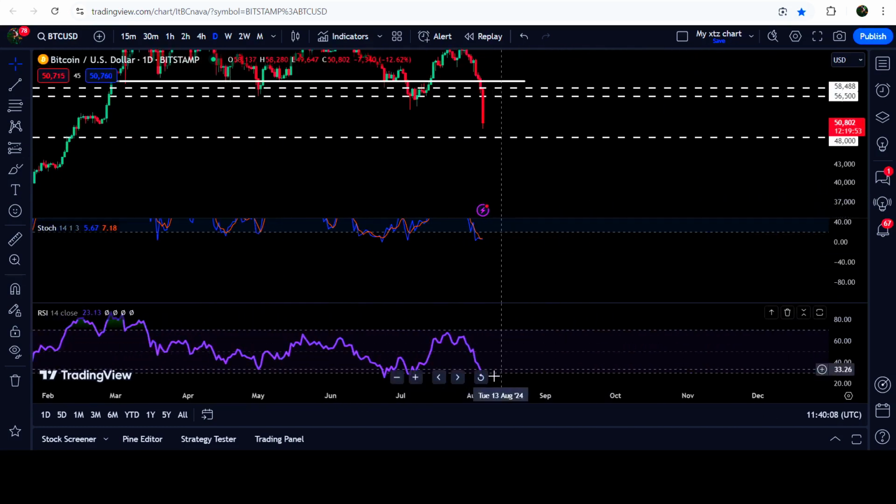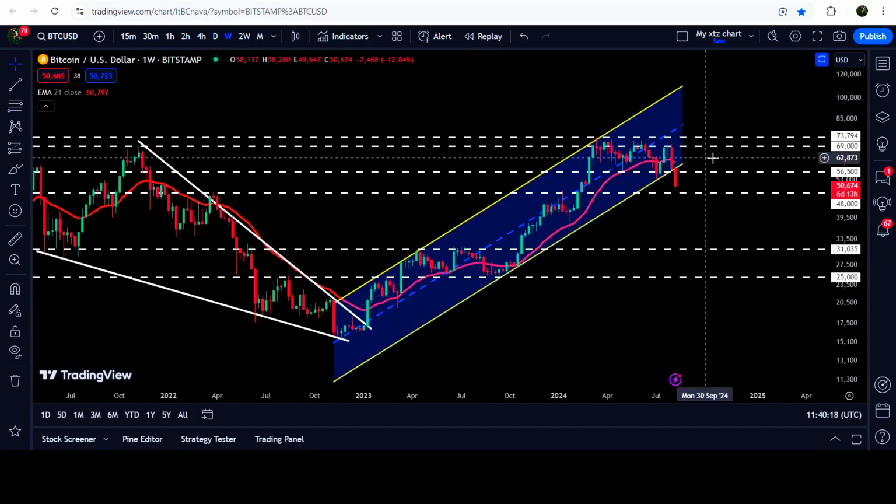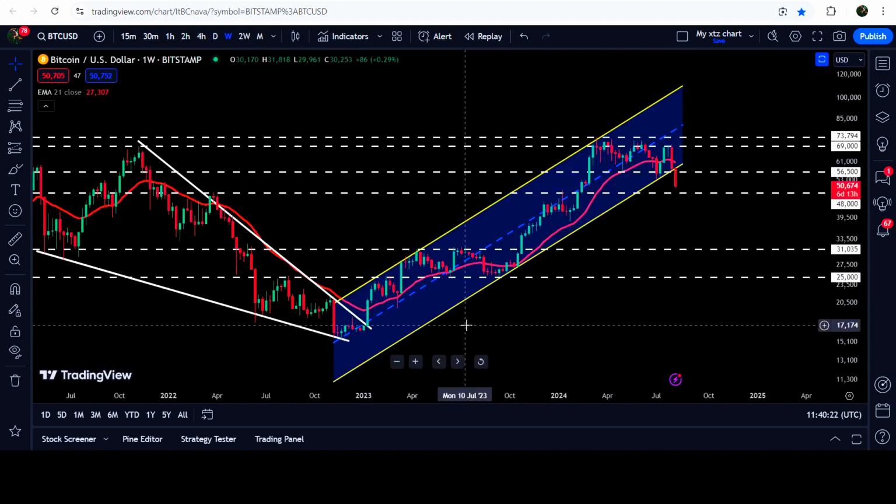And now, again, it has entered the oversold zone. That can be a signal or hope that we may see soon a price correction to the upside. Now, if we take a look at the weekly time frame chart, then here we have a more critical situation, because the price line has broken down a very long-term uptrend line support of this up channel.